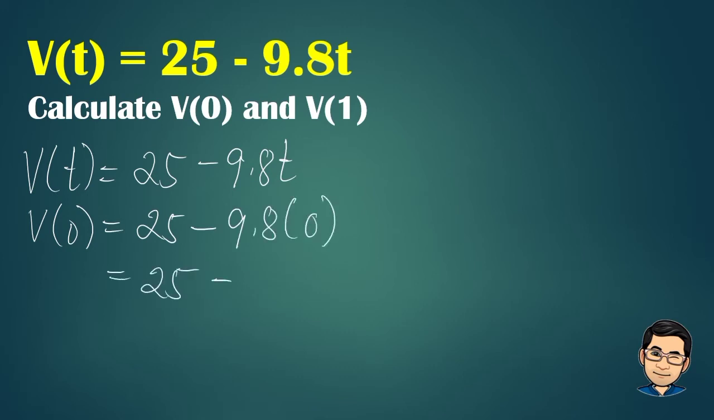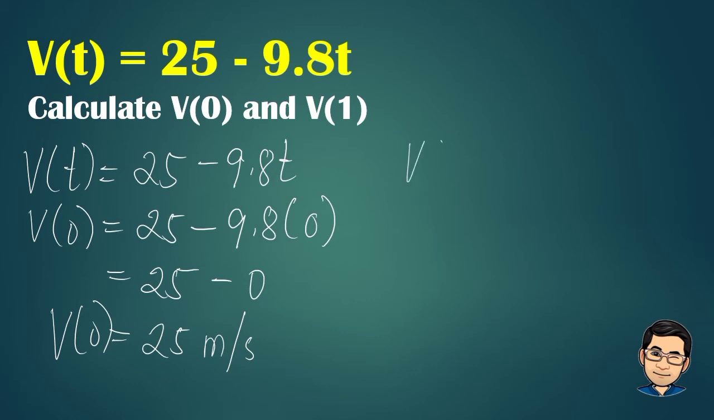25 minus the product of 9.8 and 0 is 0. So, 25 minus 0 is 25. So, the initial velocity of the ball thrown is 25 meters per second. Now, if v of 1 will be substituted on the given